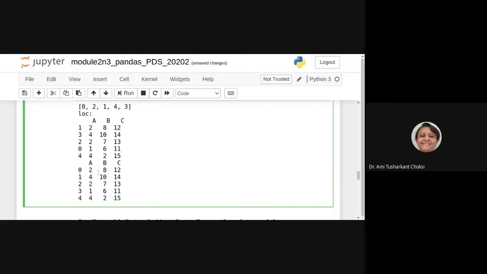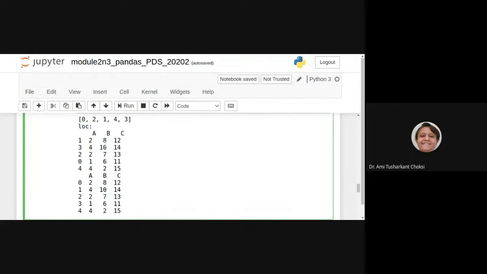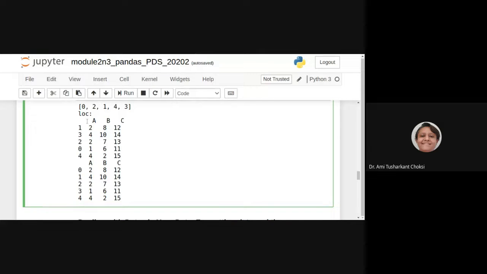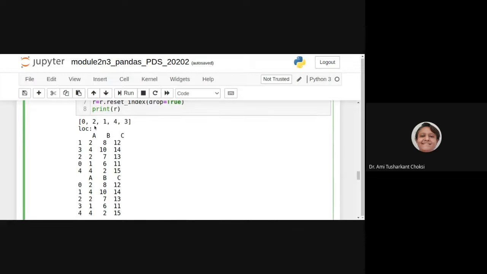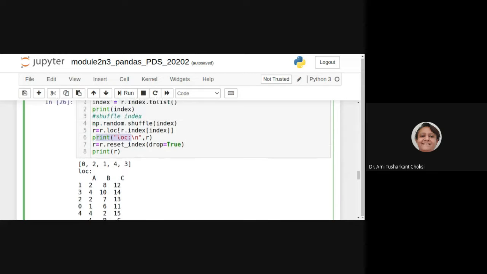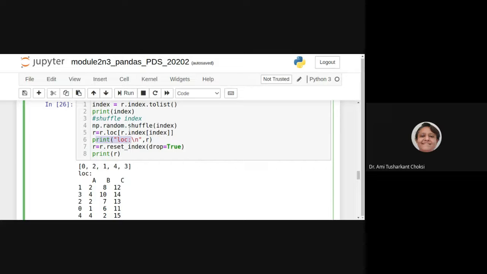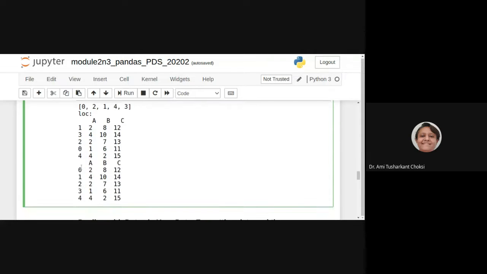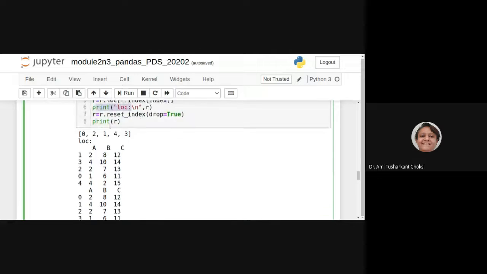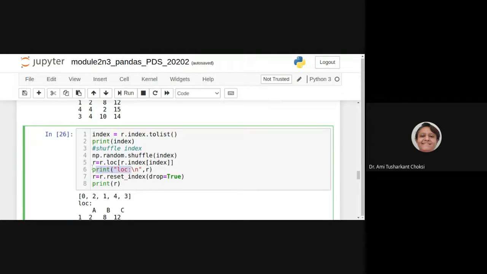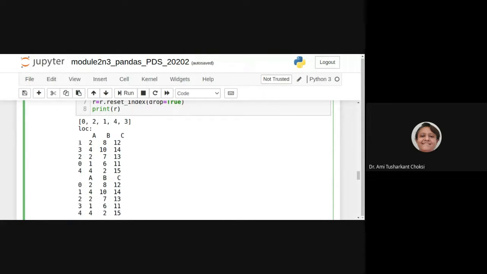So what is that? It is 0, 2, 1, 4, 3. This was there in the index. After doing the shuffling, we have the index, since we have written loc, right? We can see here it is 1, 3, 2, 0, 4. It was 0, 2, 1, 4, 3.